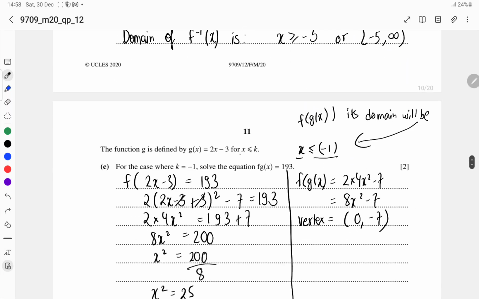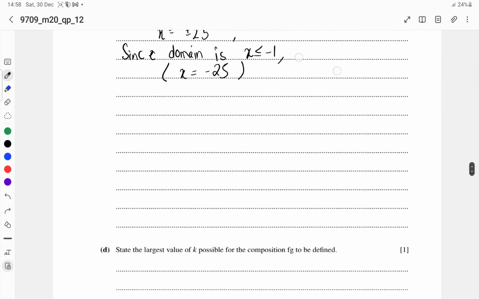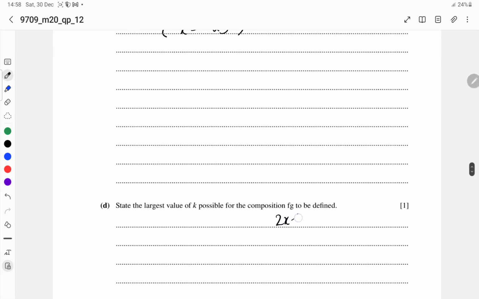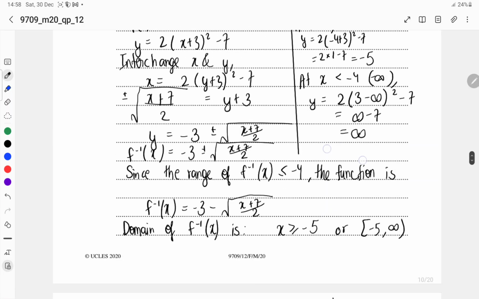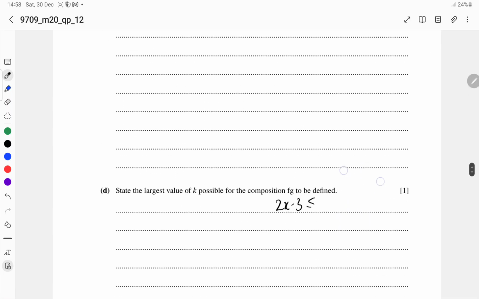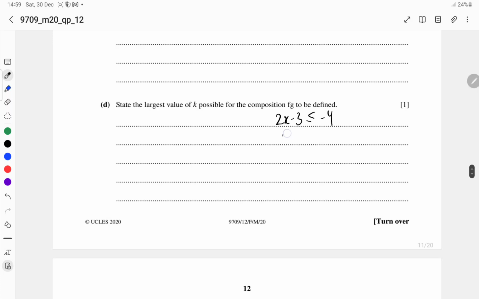So basically what we need to do is equate this with x less than or equal to minus 4. So 2x minus 3 should always be less than or equal to negative 4. Where is negative 4? Yeah, it's negative 4. Then after, 2x should always be less than or equal to negative 4 plus 3, which is negative 1, and then after x should always be less than or equal to negative half. So the largest possible value of k is going to be negative half. Then after, largest k will be